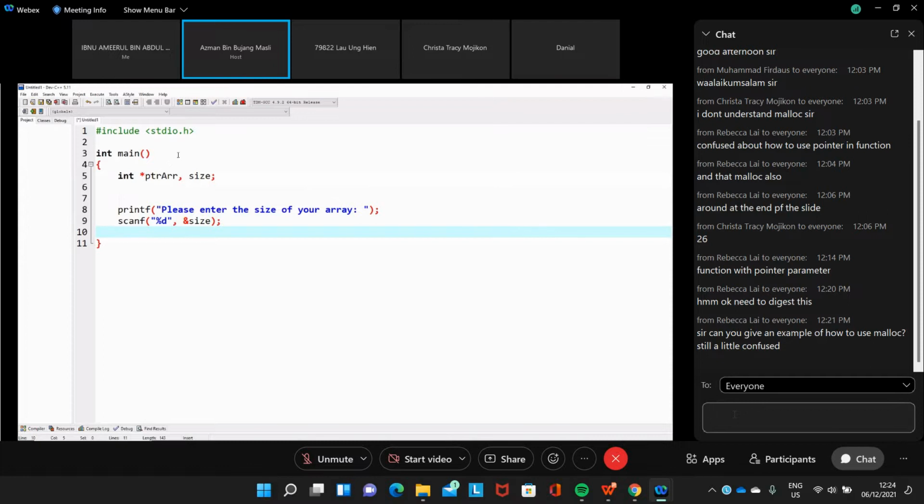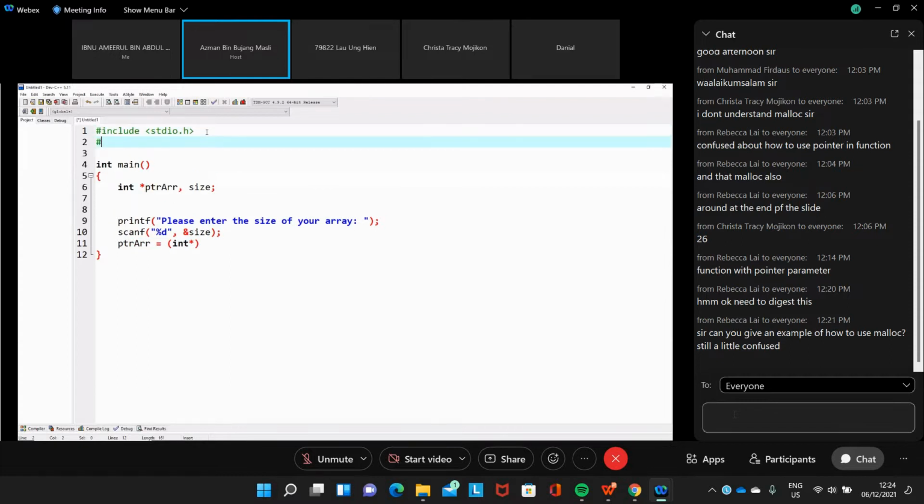Now we know the size, so we create the array dynamically. So ptr array, using the syntax that we had just now, with integer. We forgot to include the library. Remember, malloc is available in stdlib.